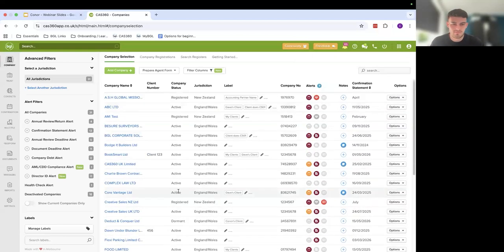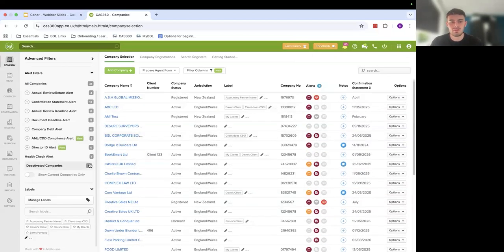The final thing in relation to labels is being able to get rid of a label that you no longer need. There are a couple of ways to do this. The first way is by clicking on a label next to a particular company. Once you click on it and press backspace on your keyboard, it will then get rid of that label for that particular company. If you want to make this a more permanent change and delete that label, should I say, a bit more permanently,